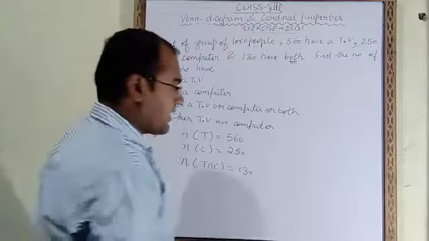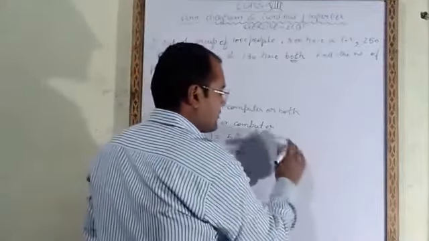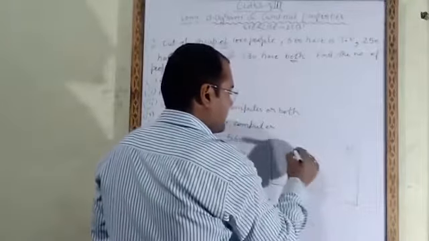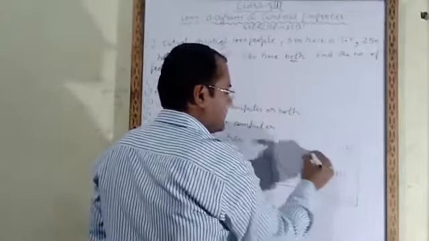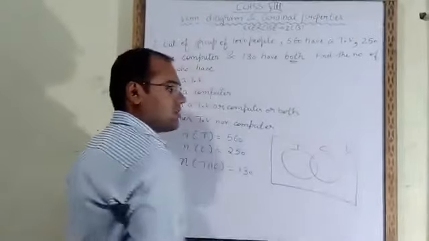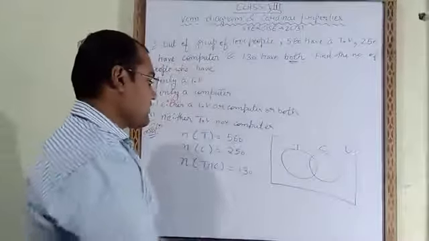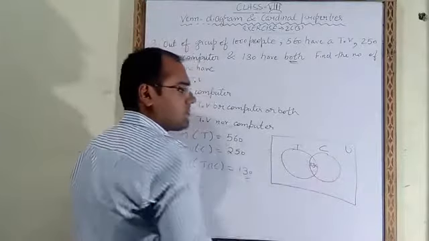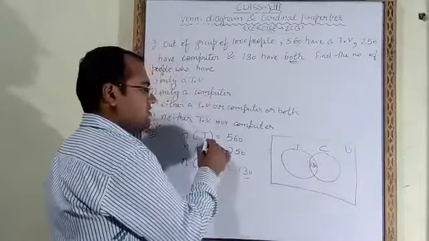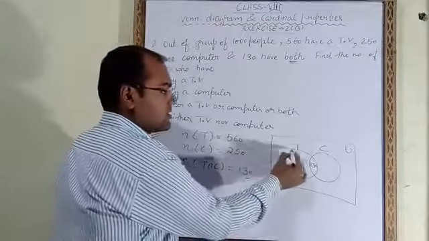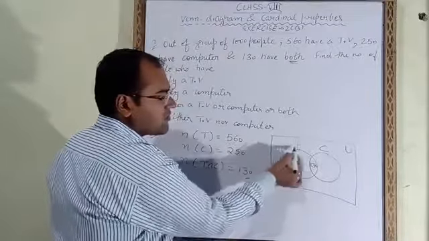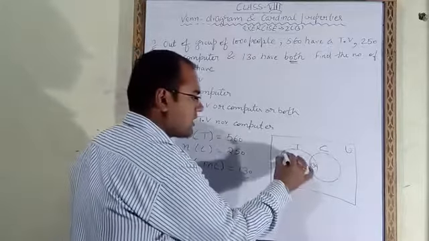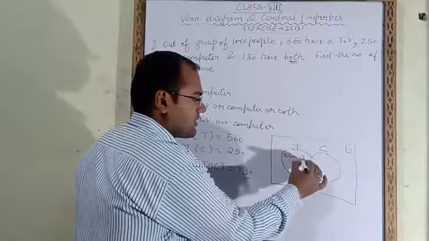Now we will draw one Venn diagram. First of all, the universal set. Then we will make two circles. One circle is of television, another circle is of computer. The intersection we know is 130, so here in the middle we have to fill 130. Television is 560. This full circle is of 560, but 130 we have already written. So we will write here 560 minus 130.